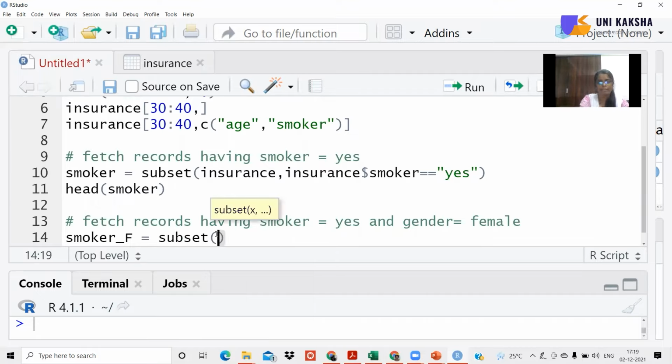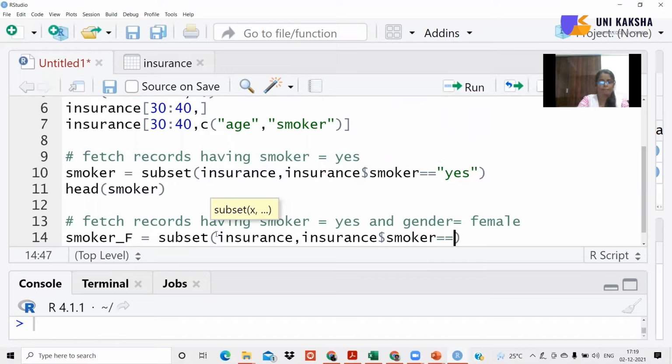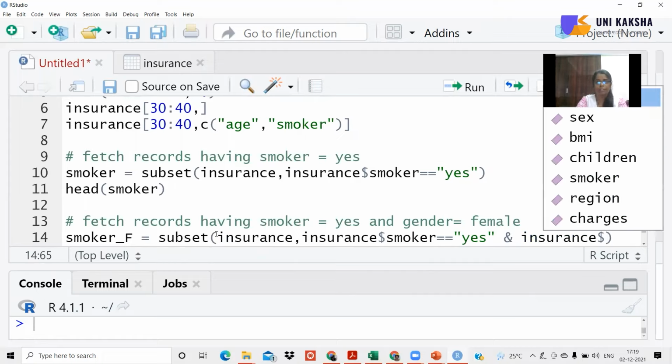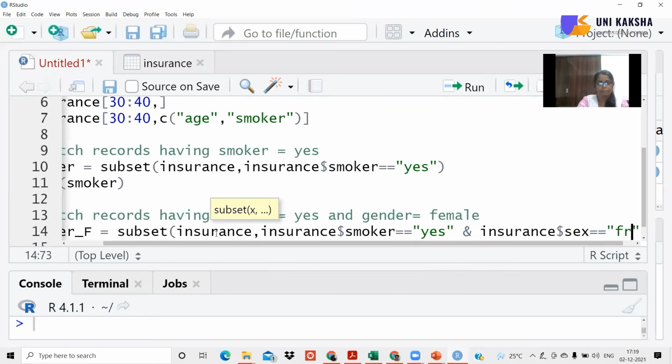Again, this is a subset taken from the insurance data, wherein insurance dollar smoker is equal to yes. And along with that, one more condition is given, that insurance dollar gender, or sex in this case, is equal to female.